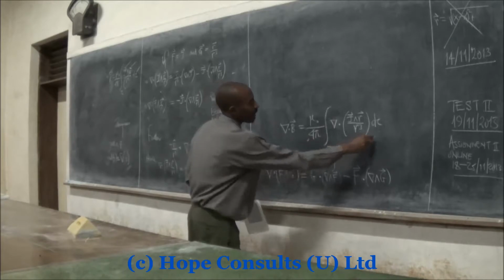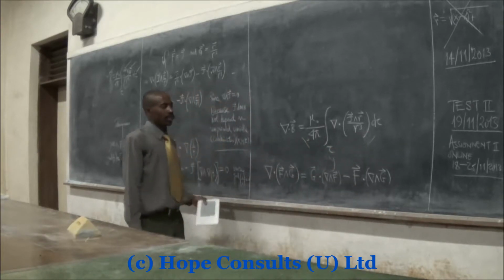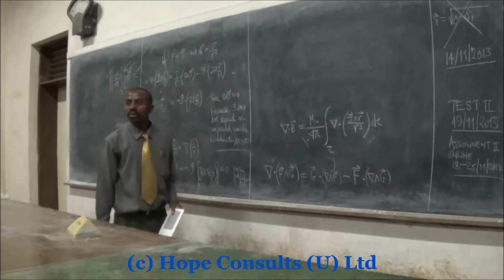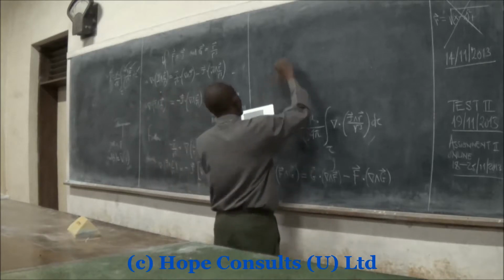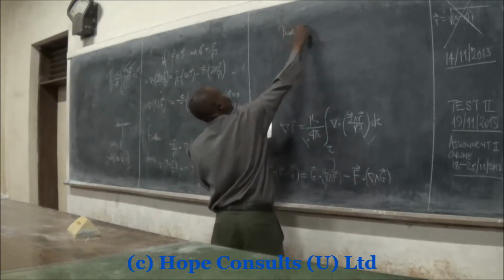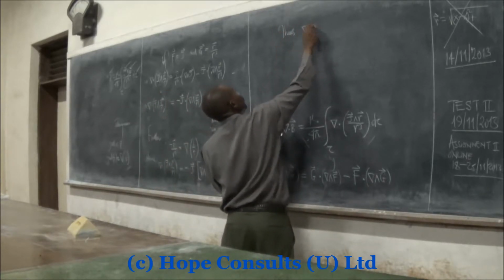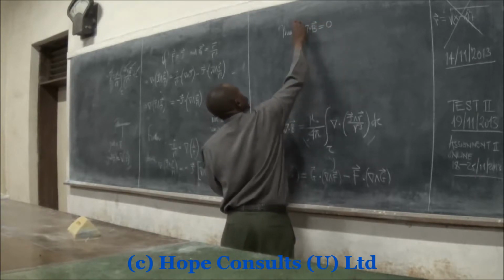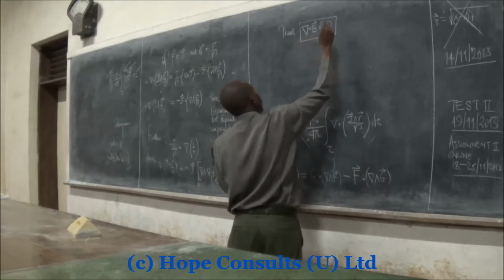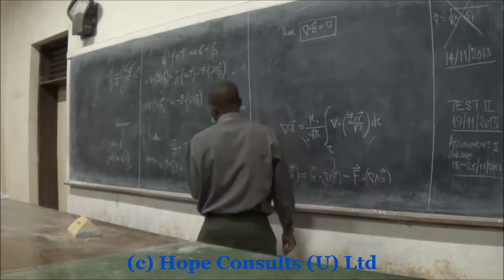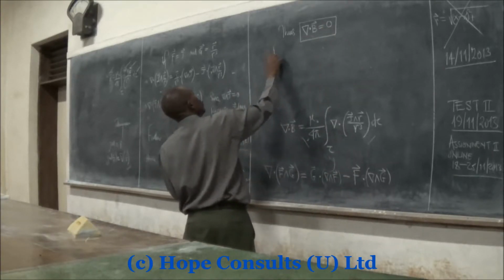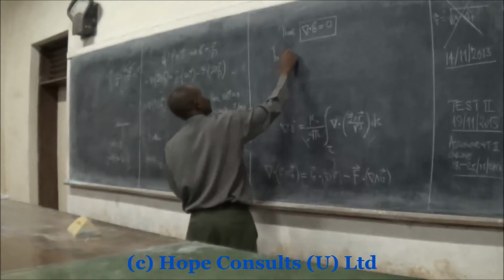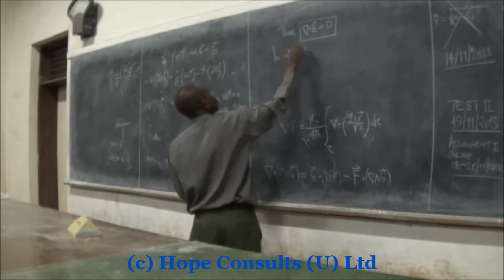We have worked out this part and everything went to 0. So that's why we are saying that thus finally the divergence of B is equal to 0. And in integral form,